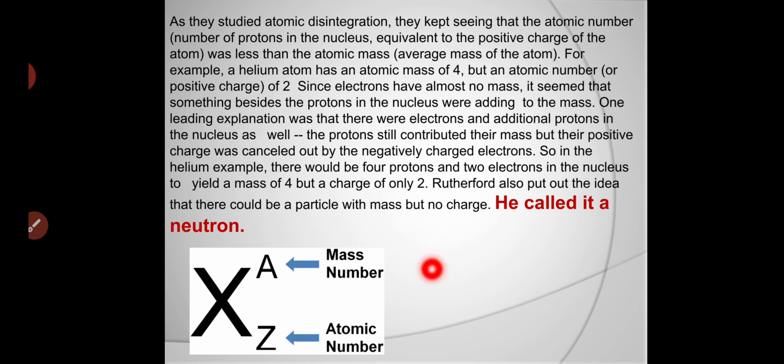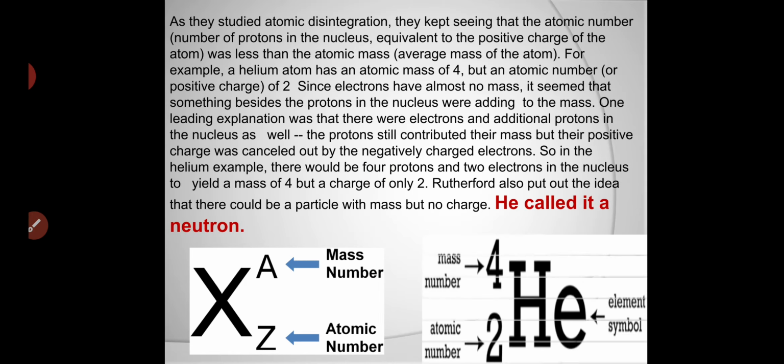We already know that however many protons are present in the atom, that many electrons are present, right? So the mass and the atomic number should be the same. But in helium, the atomic number is 2, two protons are present, but the mass is 4. So there is a variation of 2.